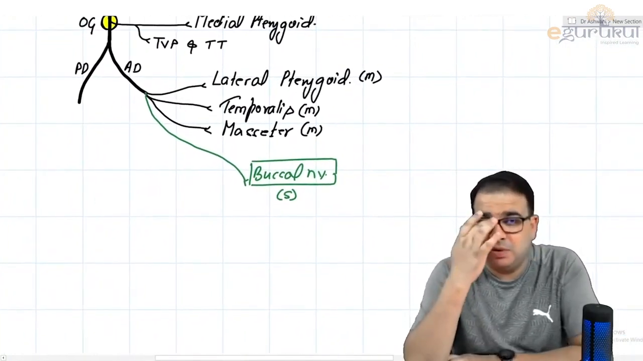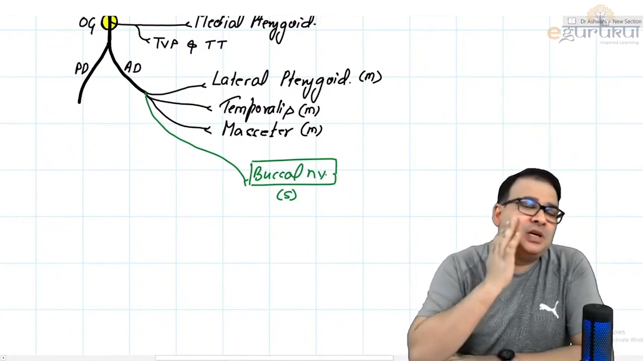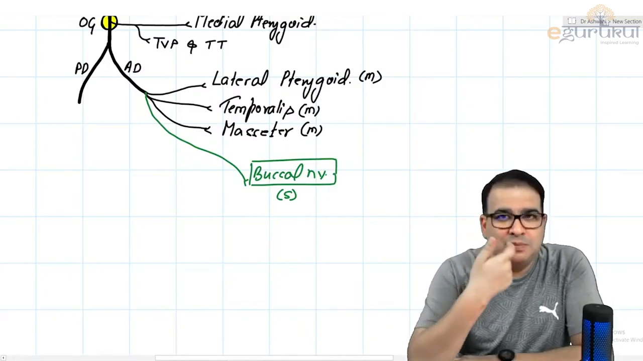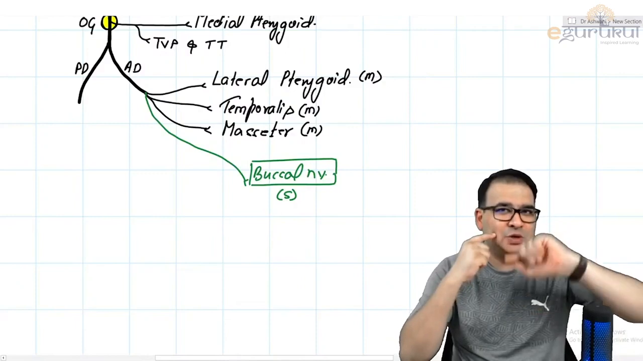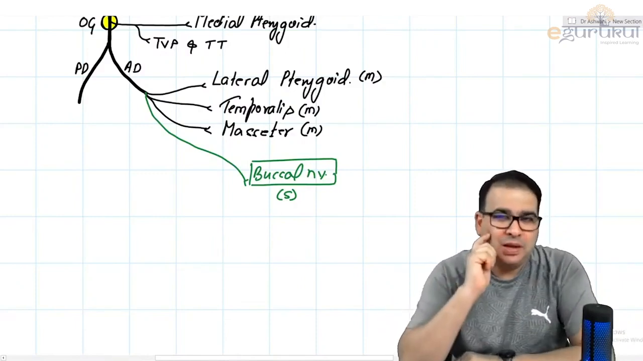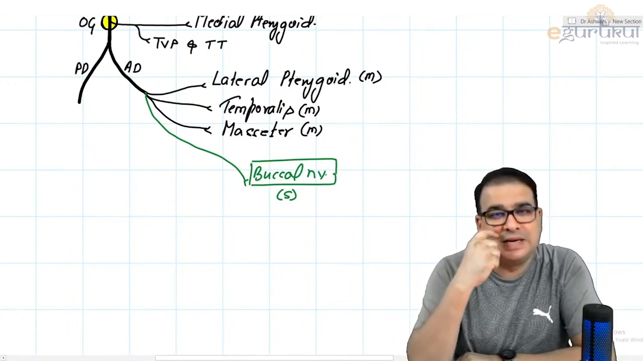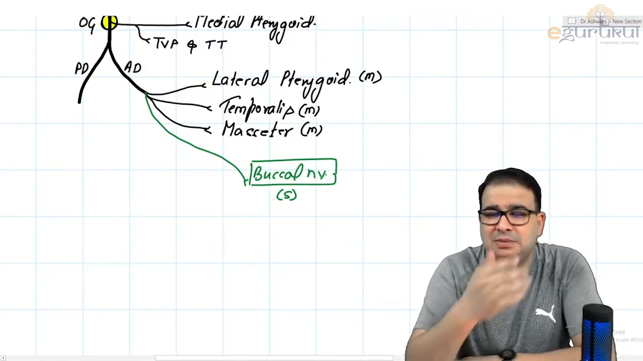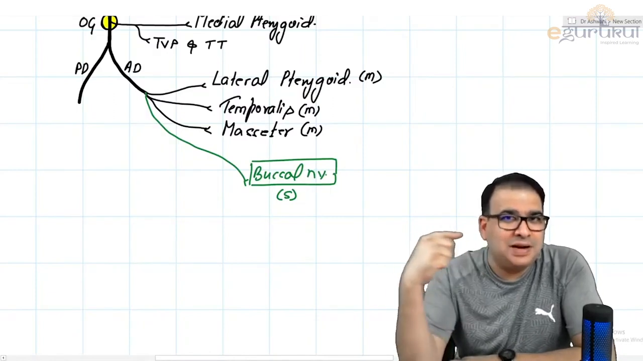And what exactly is this buccal branch of the mandibular nerve doing? It is supplying the skin of the cheek here. Buccal means cheek only. And it is also supplying the mucosa of the cheek. Imagine mucosa is inside and skin is outside. So it is supplying the skin and the mucosa. And in doing so, this buccal nerve also pierces the muscle called buccinator. Buccinator is a muscle of facial expression, guys. So this nerve supplies the mucosa, supplies the skin, and obviously in doing that, it also has to pierce